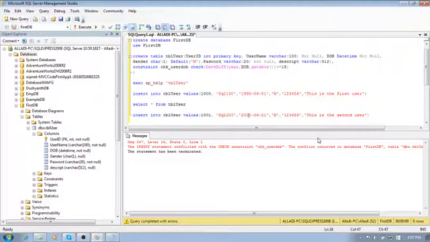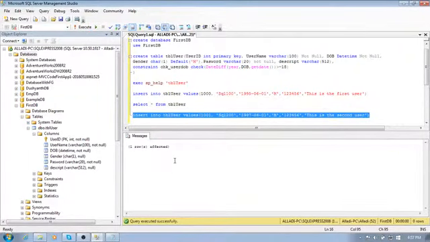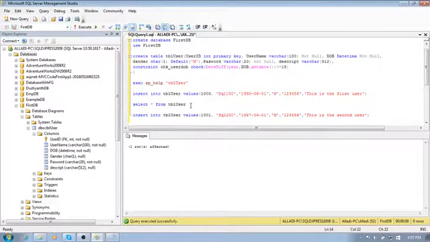Now let me put this one as 1997. What happens with that? I put 1997, then try to execute this. Okay, let me execute this. This time it has been inserted. So constraints actually restrict data. If it is valid data, then it is going to take, otherwise